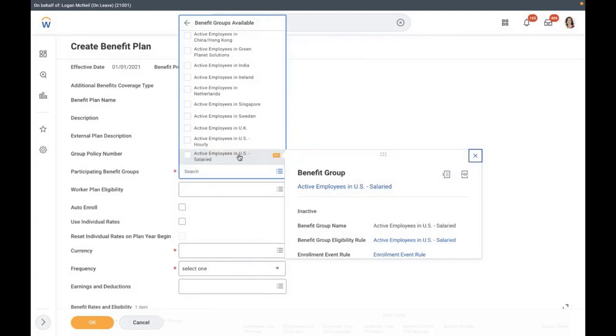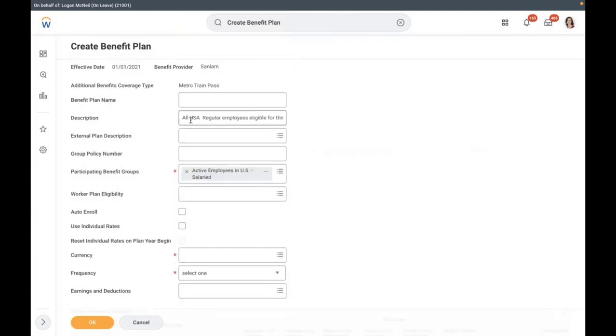Okay. So I can select this one. What does that mean? All the employees who are salaried in USA are eligible for this plan. Okay. And then we have plan eligibility also, worker plan eligibility. When we need to create this one, I have active employees in USA salary,